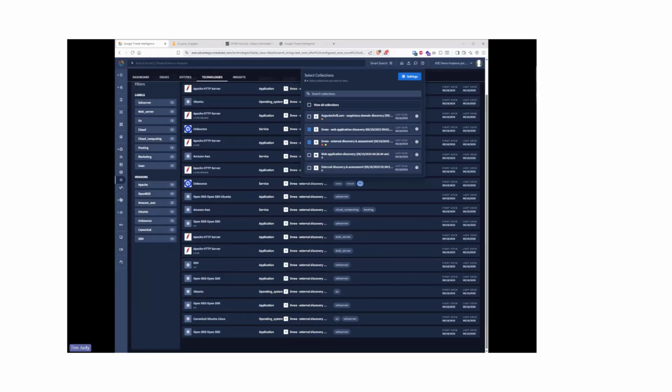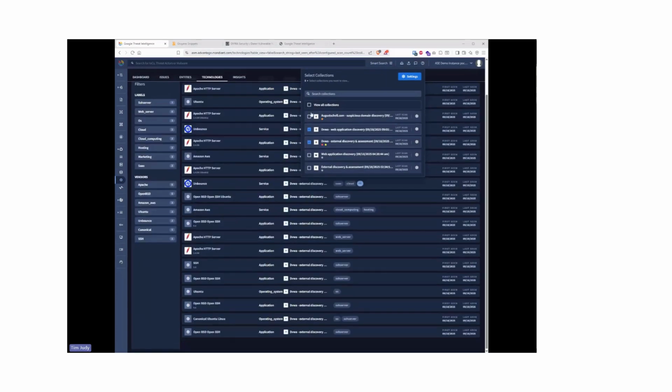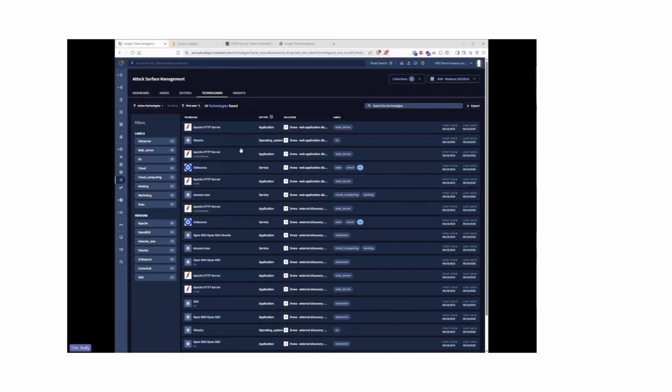So really plan out your collection plan when you're creating these collections, and know what you're scanning for there to make sure you get good coverage. So having them all up just to show this, and then I'll go ahead